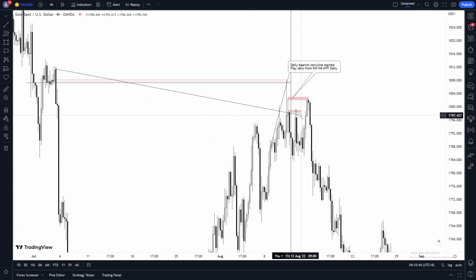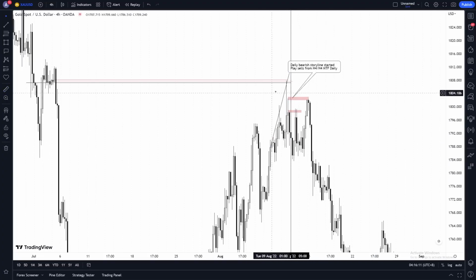You're just adding another pretty solid reason as to why you would want to take this area. That's all a trend line is, really. Again, hold on. There's more to it that I know, but I'm not sharing that right now. Anyway, we have that. That's the first reason. One reason you can enter here, and then price travels down, but it didn't actually deliver. No problem. We're still in the bearish storyline on the daily, right?